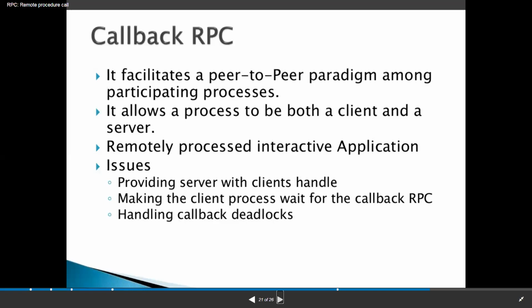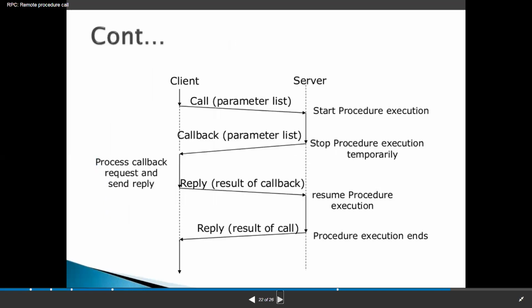Here, the client process must wait for the callback RPC. We will see in the next slide how it will be a problem. The last one is the deadlock problem. Handling the deadlock problem. This is the callback RPC process.